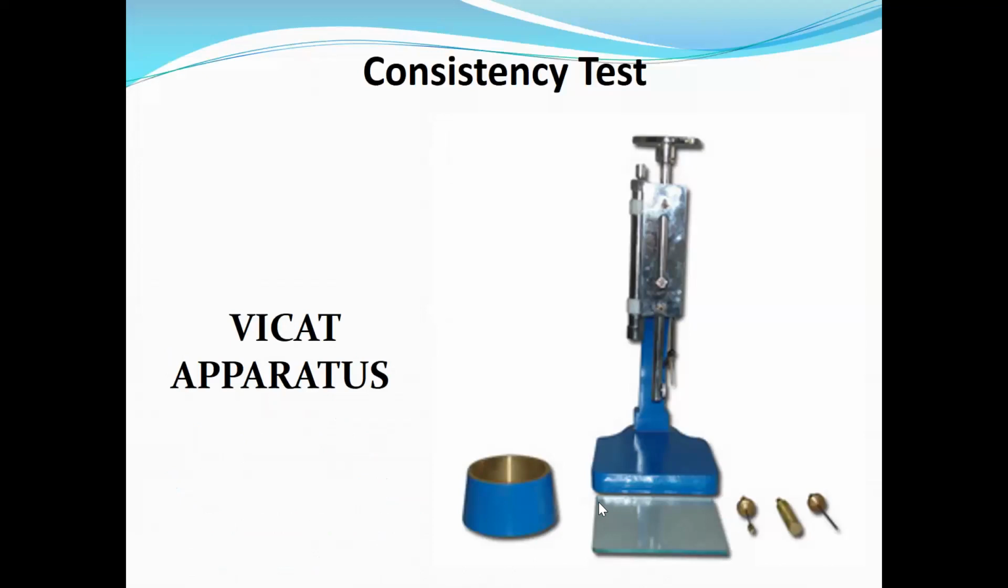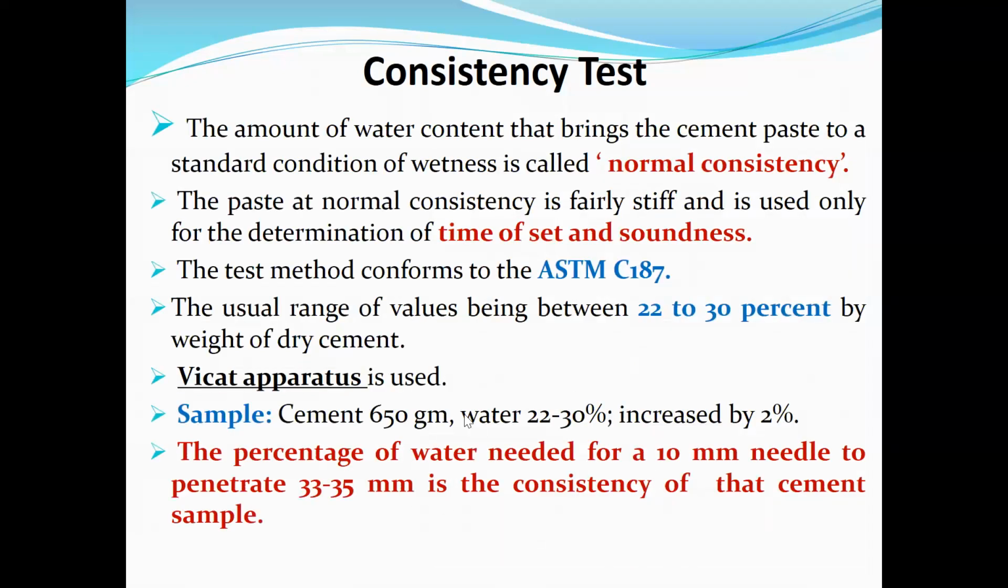Then consistency টেস্ট নিয়ে আমরা কিন্তু অলরেডি আলোচনা করেছি আগের ক্লাসে, যে ভিকেট অ্যাপারেটাস ইউজ করা হয়, এবং ভিকেট অ্যাপারেটাসে স্ট্যান্ডার্ড টেস্ট প্রসিডিউর আছে। You just go to the previous slide and then go to this slide, you will understand যে এখানে স্যাম্পল হিসেবে 650 গ্রাম সিমেন্ট স্যাম্পল নেওয়া হয়, ওয়াটার নেওয়া হয় 22 to 30%, এবং প্রতিবার ওয়াটারটা 2% করে ইনক্রিজ করা হয়। এখানে আমরা আগে পড়েছিলাম যে একটা নিডল নেওয়া হয়, 10 millimeter needle is the size, and which is allowed to penetrate 33 to 35 millimeter, okay,